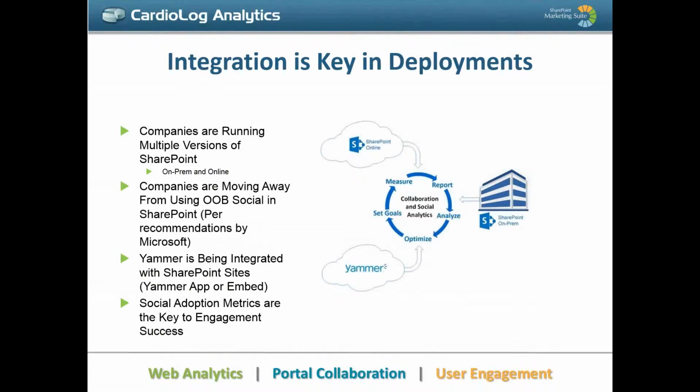What you have to do from an integration perspective is think about how you're going to build this out. So what social features are you going to use in your on-prem platform if you're going to have that? If you're moving to Office 365 and you're going to be using the SharePoint Online capabilities, what does that need to look like, and how are you going to integrate the Yammer capabilities and the SharePoint Online capabilities together? So from a metrics perspective, being able to define this strategy and understand how to measure it and how to work with it is really key to ensuring that your deployment is going to be successful.